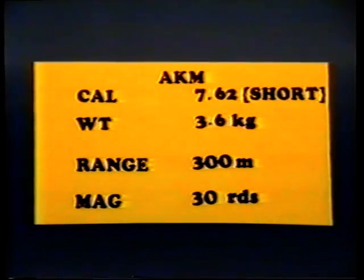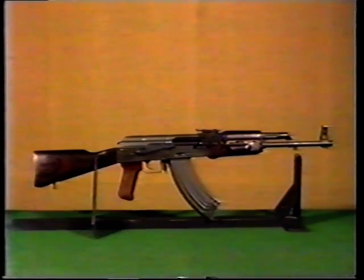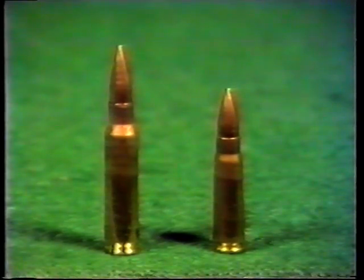The AKM fires a 7.62mm intermediate round. It weighs 3.6 kilograms, has an effective battle range of 300 meters, and takes a magazine of 30 rounds. The 7.62 intermediate round, contrary to popular belief, is not interchangeable with the 7.62 NATO round. Note the round on the left is the 7.62 NATO round, and the one on the right is the